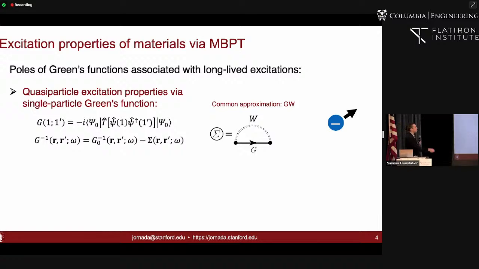You ask yourself, not necessarily what is a many-body wave function, but an alternative way is to ask yourself, if you add or remove an electron at later times, what is the frequency dependence of this particular object upon Fourier transforming that, and the peaks of which will also be associated with the energy to turn an electron in or out of the system. And of course, you can write a Dyson-like equation for the Green's function in terms of a non-interacting counterpart that we typically write in terms of constant DFT orbitals and some self-energy sigma, which includes